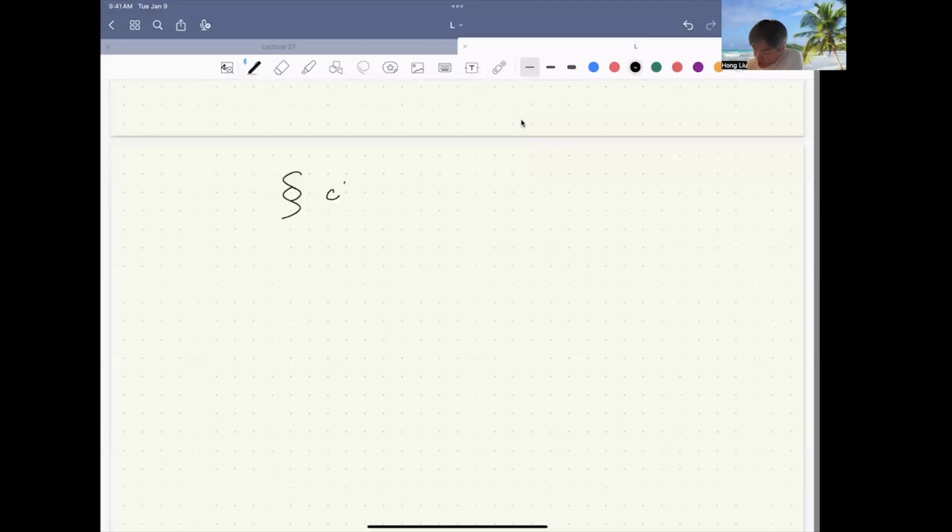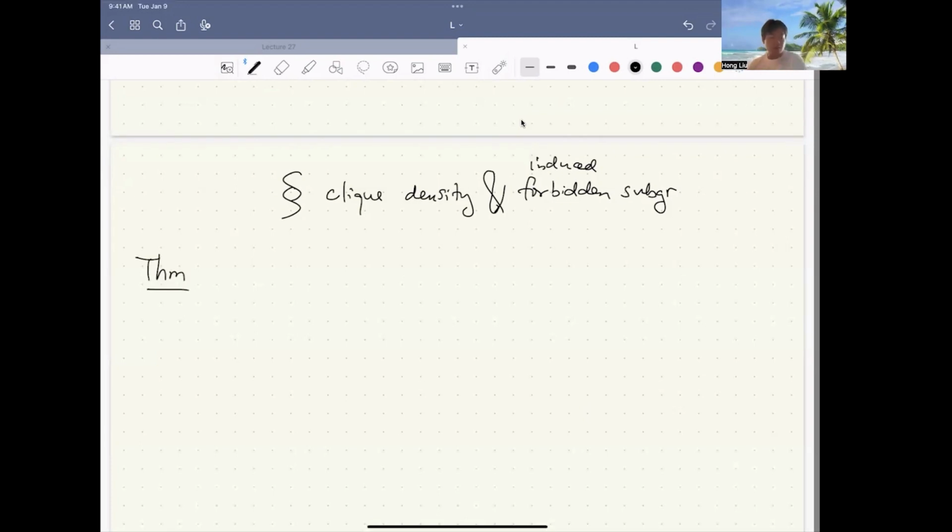I should say clique density and induced forbidden subgraph. Okay, so the application I want to see is this theorem